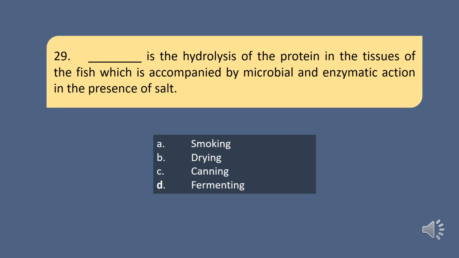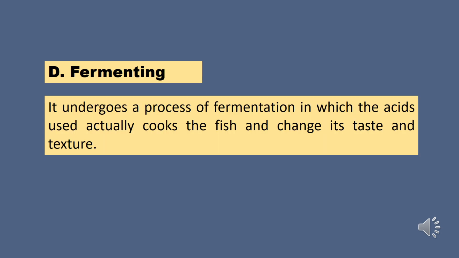A. Smoking. B. Drying. C. Canning. D. Fermenting. 5, 4, 3, 2, 1. The correct answer is letter D. Fermenting. It undergoes a process of fermentation in which the acids used actually cook the fish and change its taste